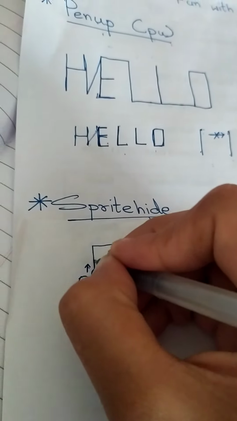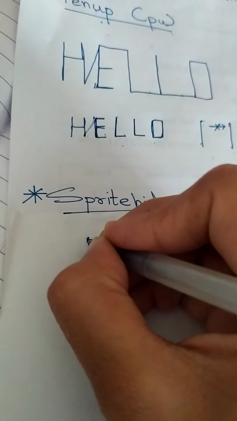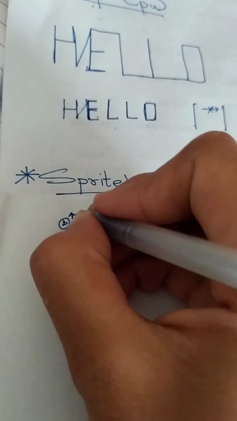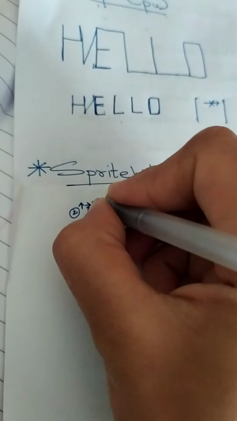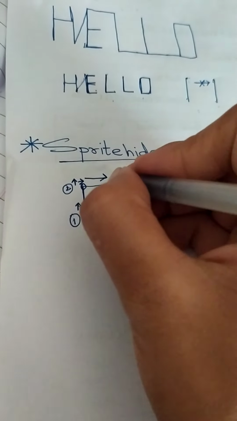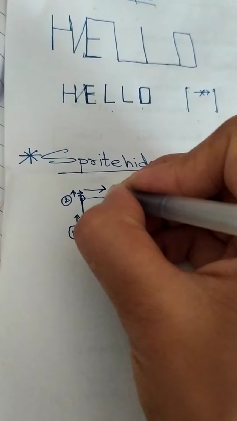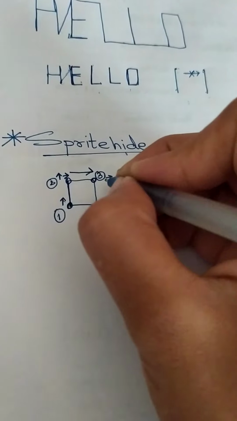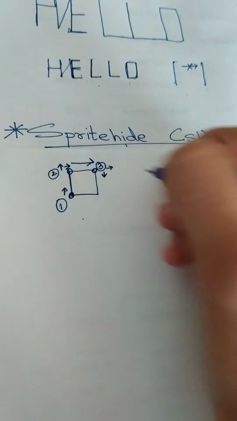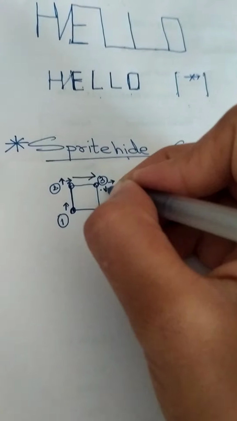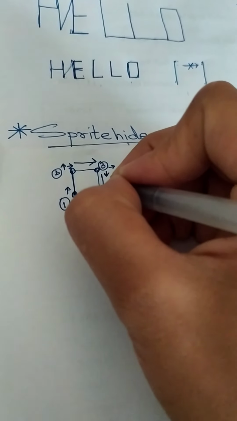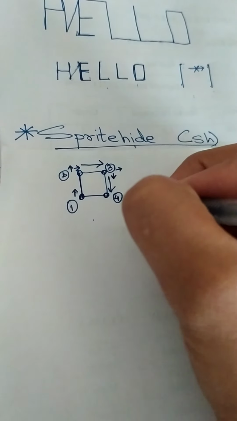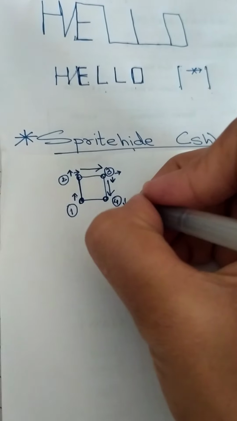So what will you do? Firstly move forward. The turtle comes over here facing this side. So you will turn right and forward. This is the third position of the turtle. It will be facing this side. So you will turn right by 90 degrees. Then forward. So the turtle will come over here. This is its fourth position, and it will be facing this side.